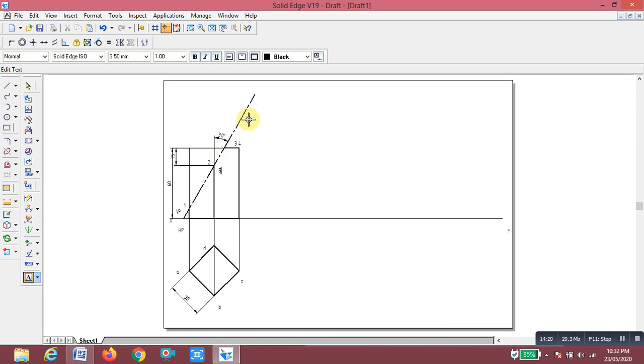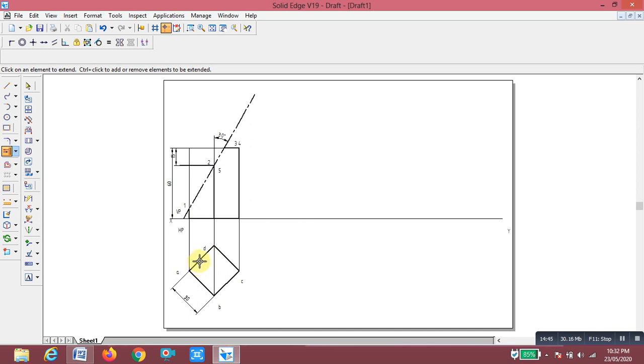This is 5, and again we come to 1. Now extend this line and mention the angle with the horizontal line using the extend command. You measure the angle between this edge and this edge; it is 45 degrees.